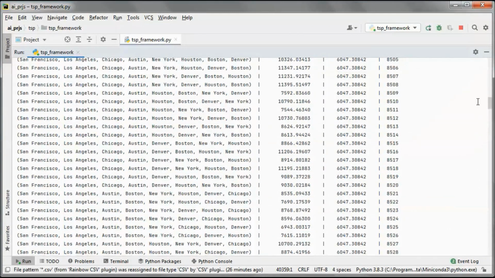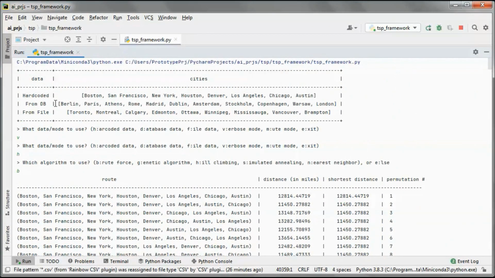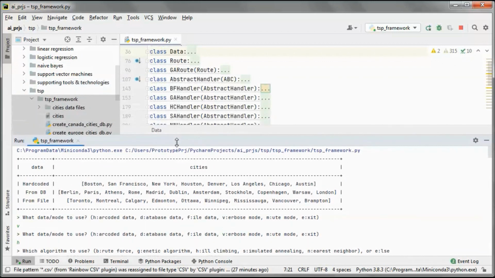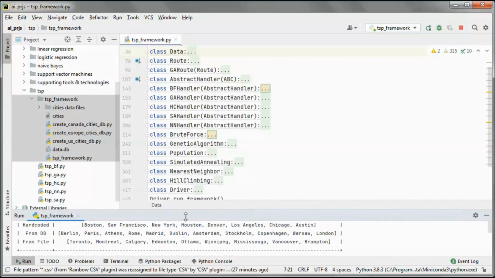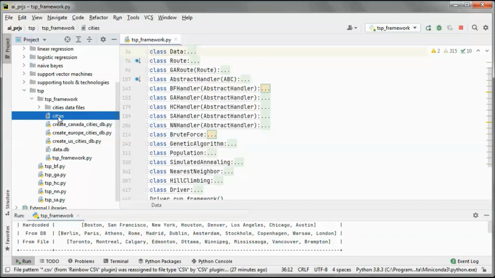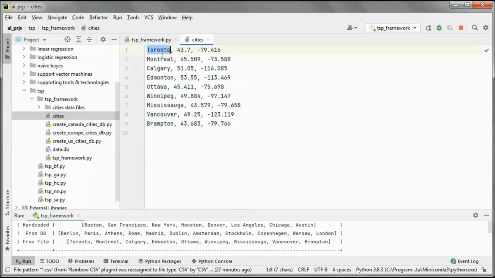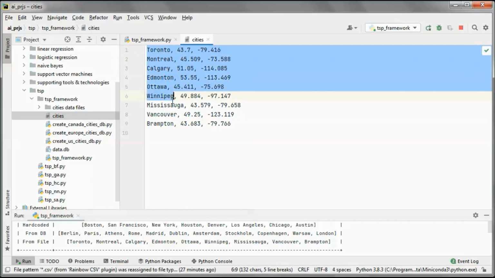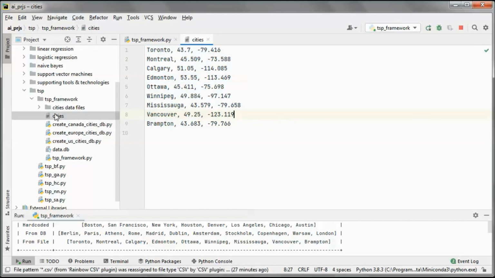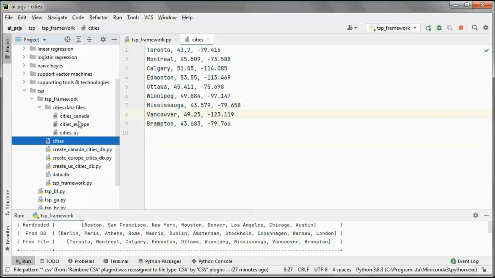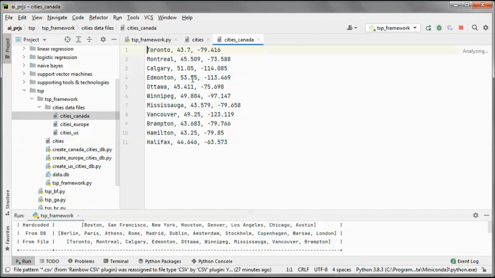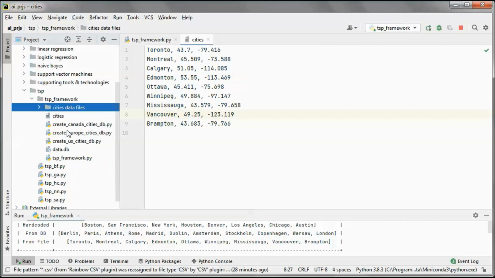Next, let's try using data coming from file. So here we have 9 cities, and this is the cities file. So those 9 cities, and I have cities here stored, so we can use for convenience any one of the cities in those files, but the code accesses cities from here.